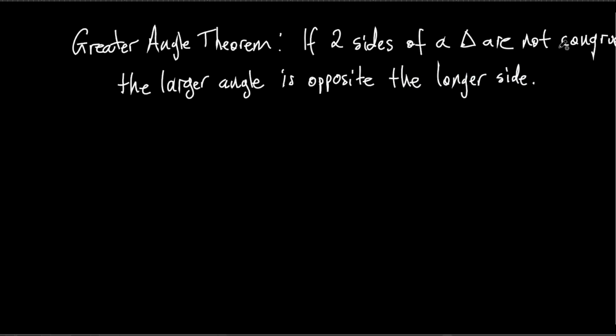Okay. If two sides of a triangle are not congruent, the larger angle is opposite the longer side. You're like, what in the world does that mean? Well, I'm glad you asked. So